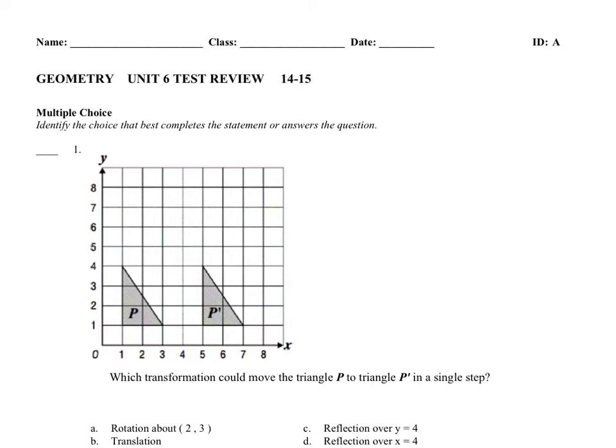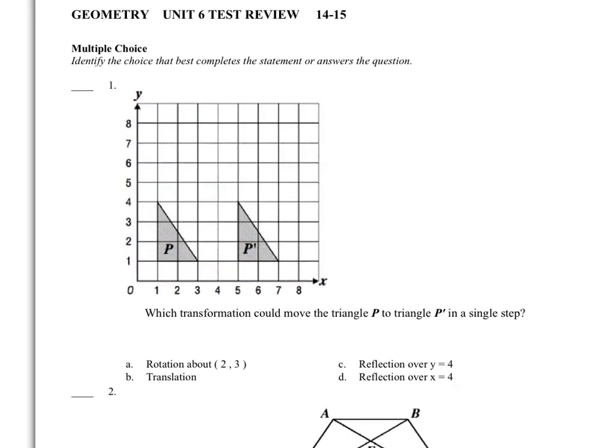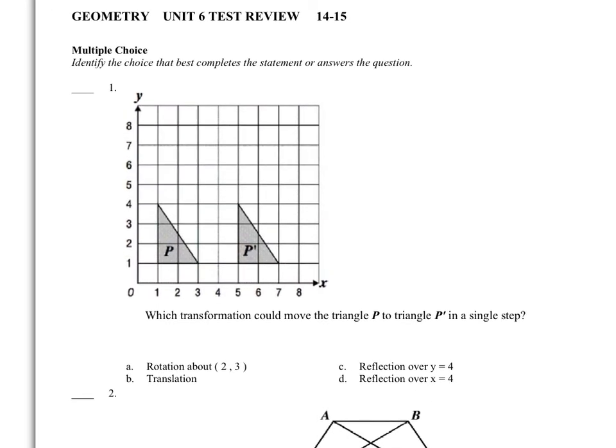We are looking at the Unit 6 test review today, and we're going to look at a couple things. Let's just start with the first section of multiple choice questions. We have two triangles here. We have an original pre-image, which is the one on the left, right here, and it has been moved this